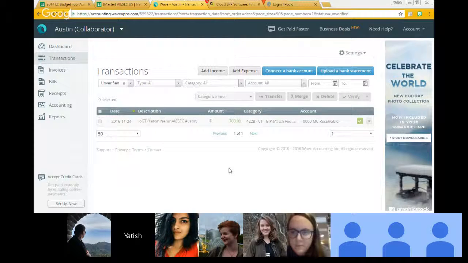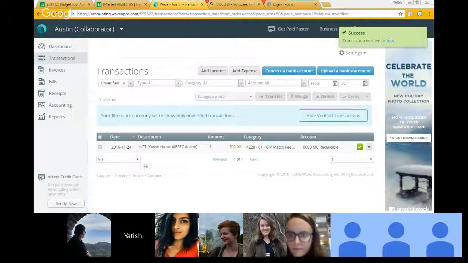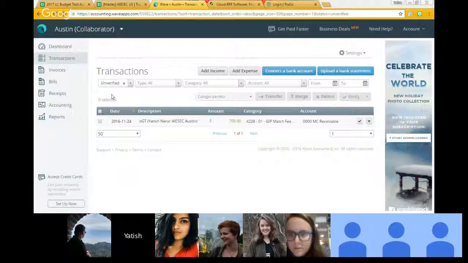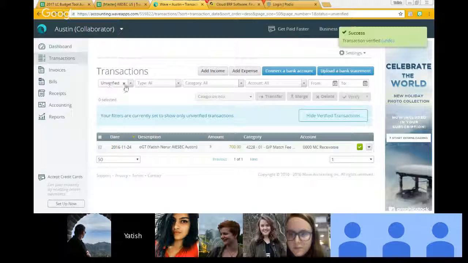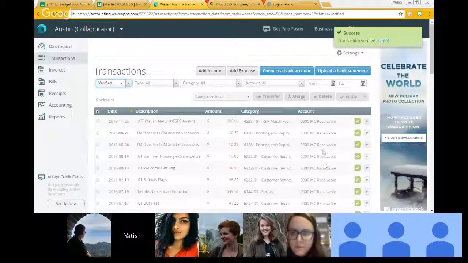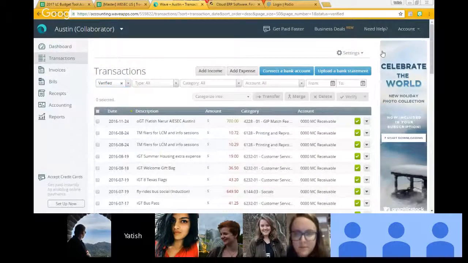Once we hit verify, it'll say the transaction is verified, and you can undo that if you didn't mean to verify it. Basically, once you verify it, it'll move from the unverified list, so then you can click on verified, and that way you can see all the verified transactions that you have. And yeah, that's the basic explanation of how you would use Wave in terms of tracking